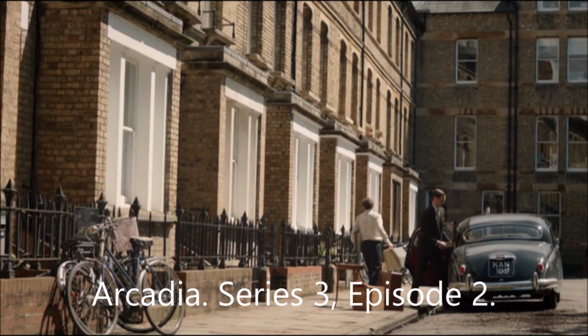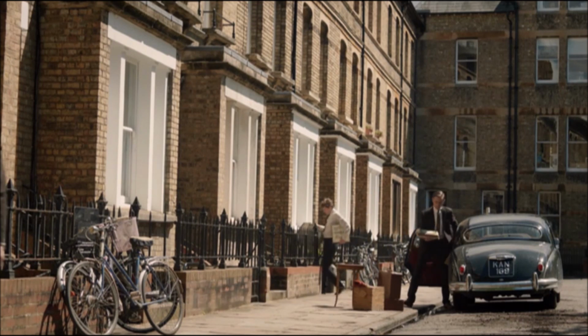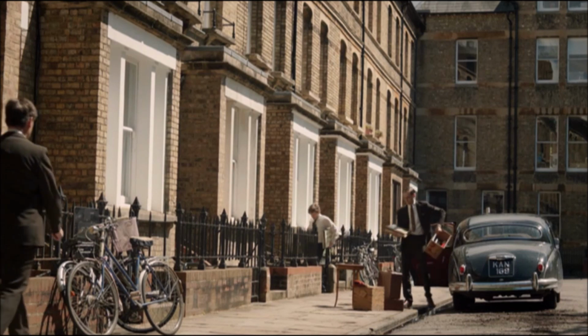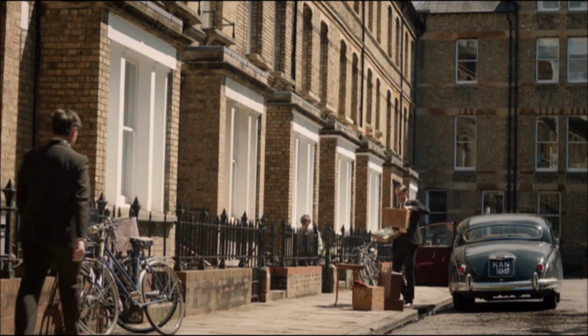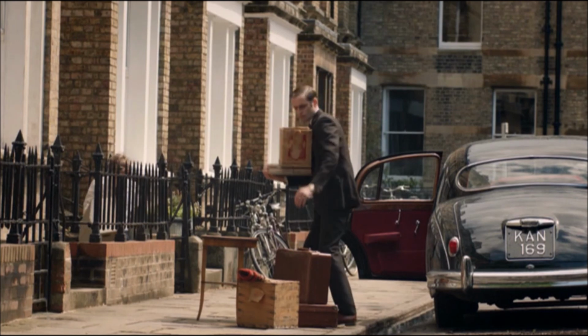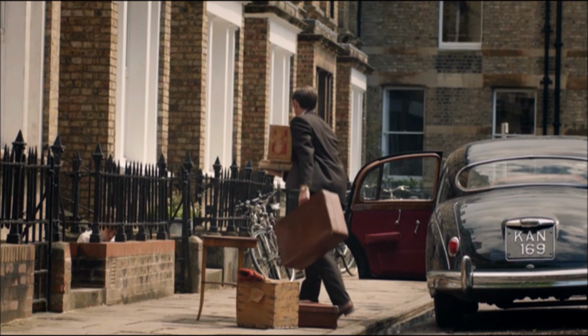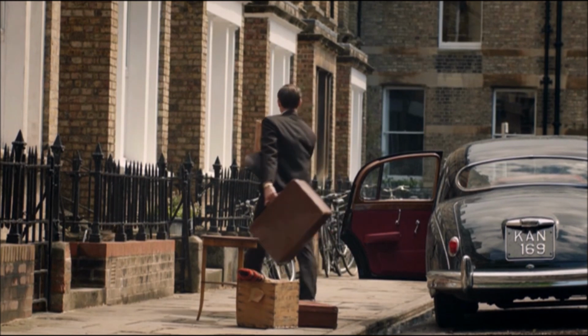This is just a short video of my hunt for Endeavour's flat. I actually forgot that I had made this little video that's coming up soon. It wasn't until I was clearing out the gallery in my phone that I realised I had it. So here we are, as I showed there in the episode of Arcadia, and so that's the flat we're trying